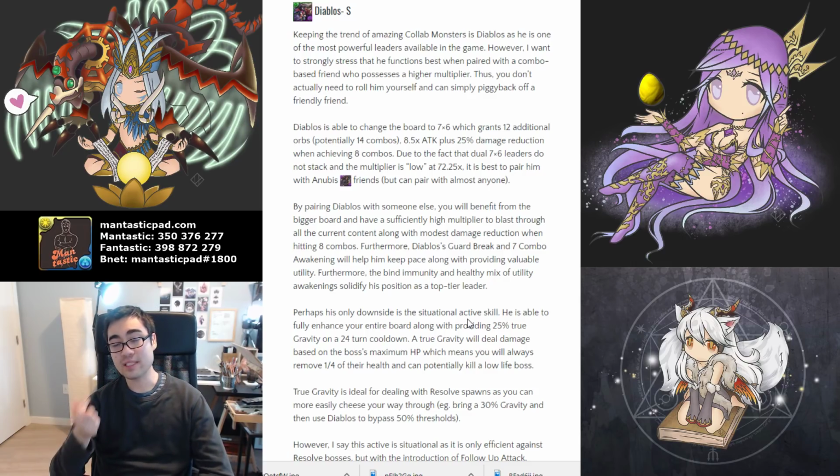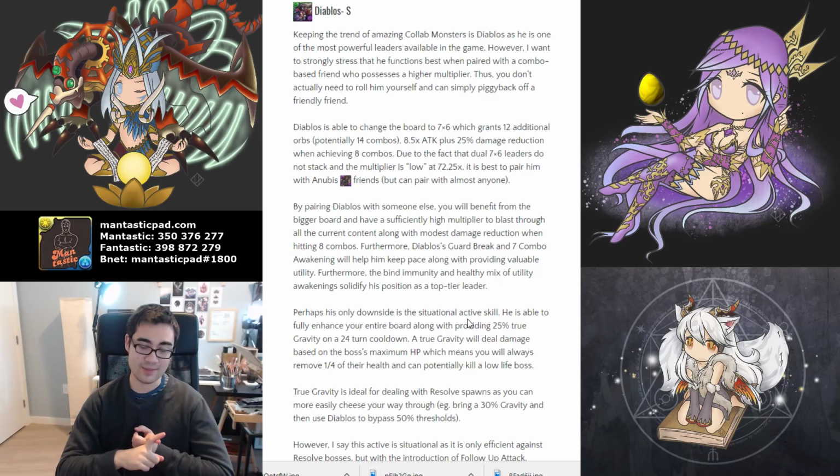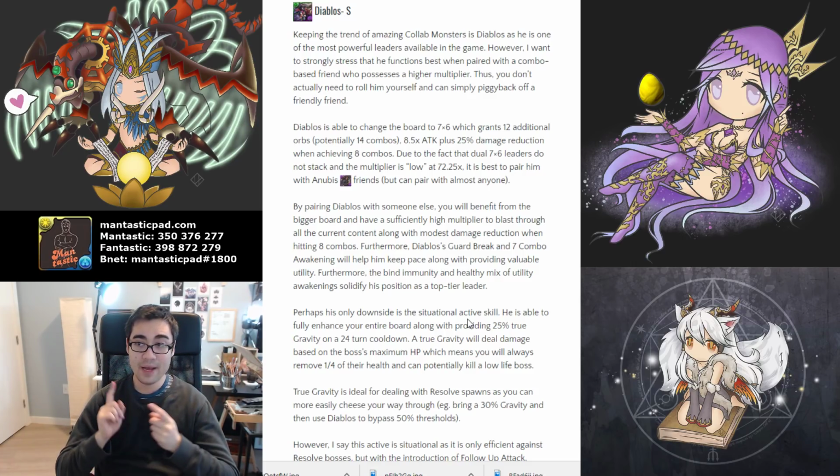And the best part about Diablos is he pairs with other leaders. You don't need to have double Diablos. In fact, double Diablos is not that effective because you're kind of capping your damage out, as well as having 2 base active skills that take too long to charge up. So for the most part, Anubis tends to be his best pairing because you gain a significantly higher damage cap,